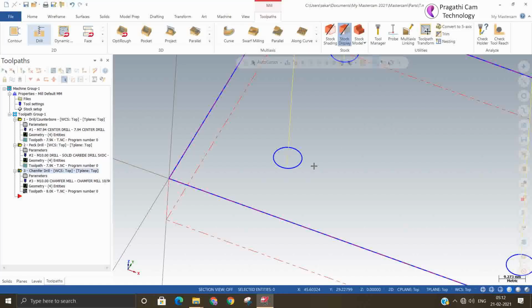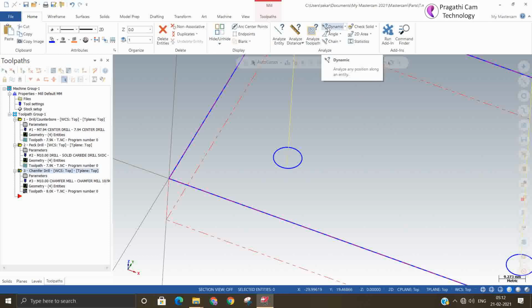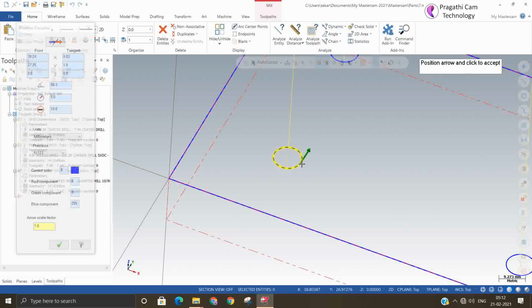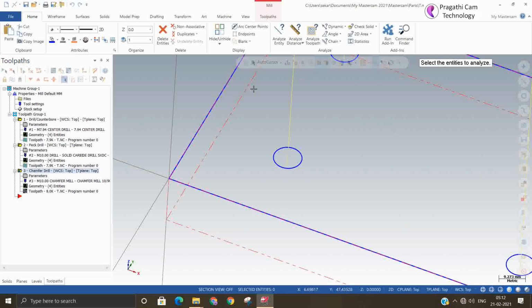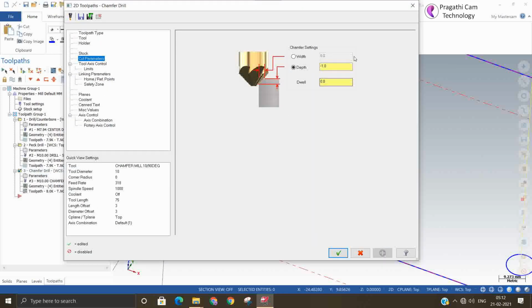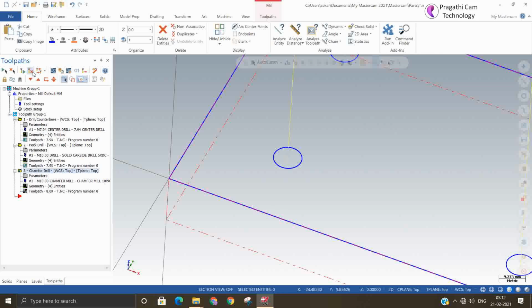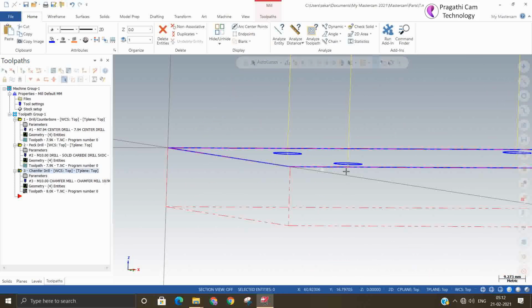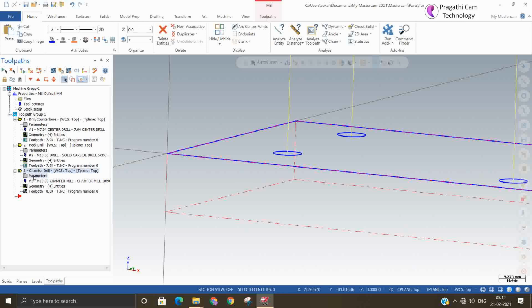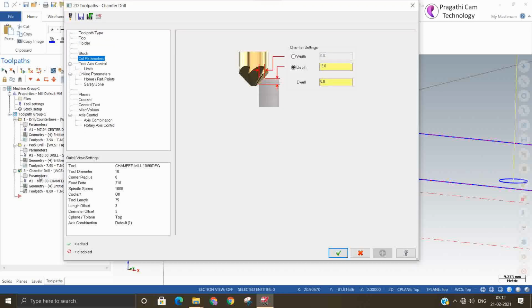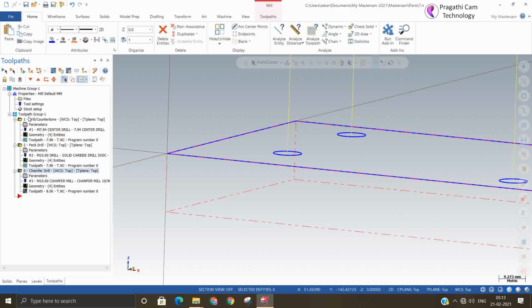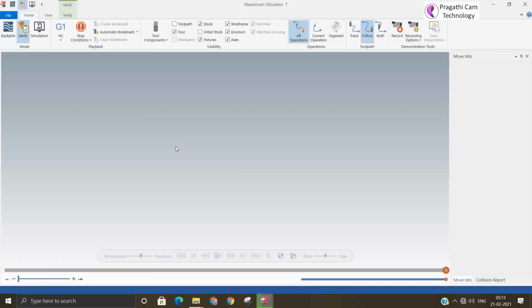It means that the diameter of the chamfer tool must be bigger than the drill size. This is a 10 mm drill only. Even if we try to increase the depth, let us see whether it is accepting. Okay, now we'll study it again. What is wrong?